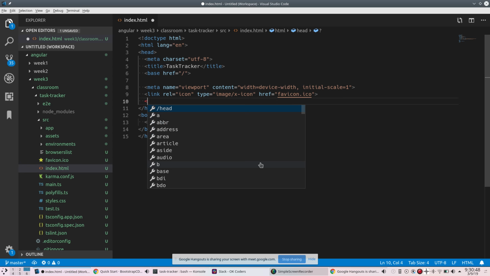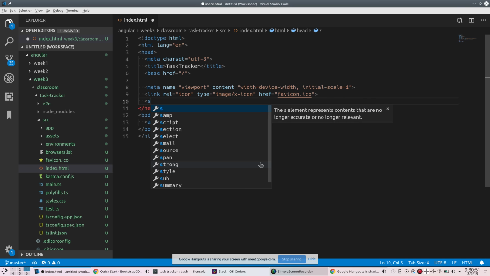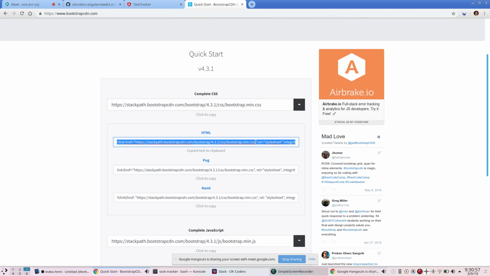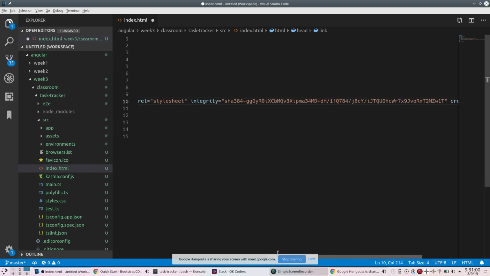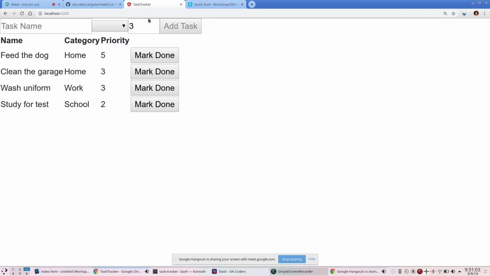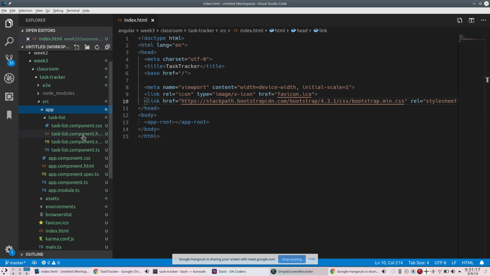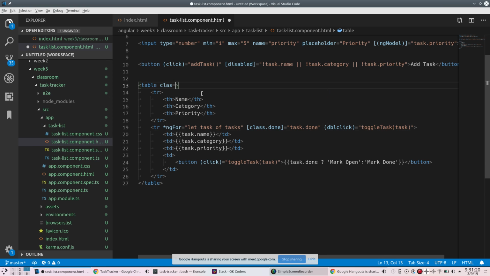So this here is going to be our link. Okay. Copy the whole thing. So we do this, we refresh, and we have Bootstrap here. The only way we can tell is the font is slightly different because we're not using any of the other Bootstrap properties, right? But if we add Bootstrap in here and we go into our HTML and I add a class of table, and my inputs, if I add a class on these, class of form-control,